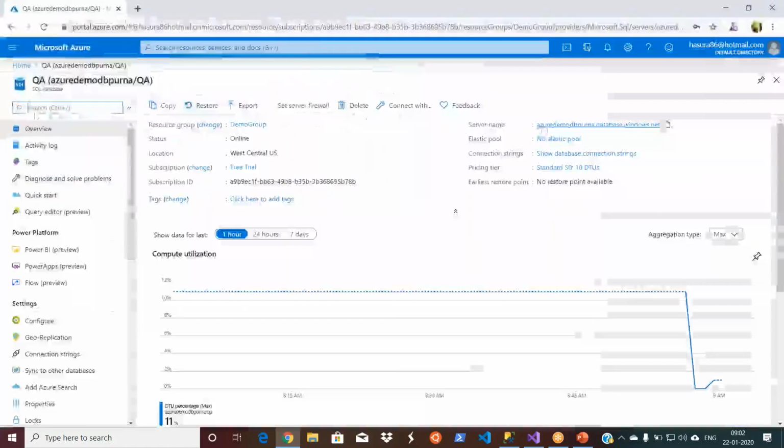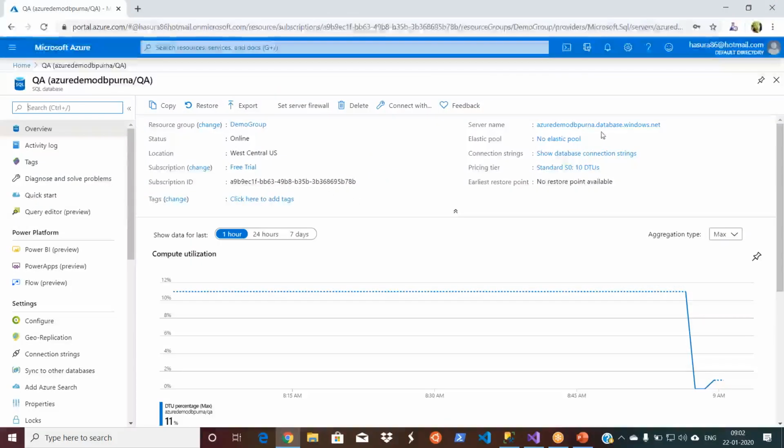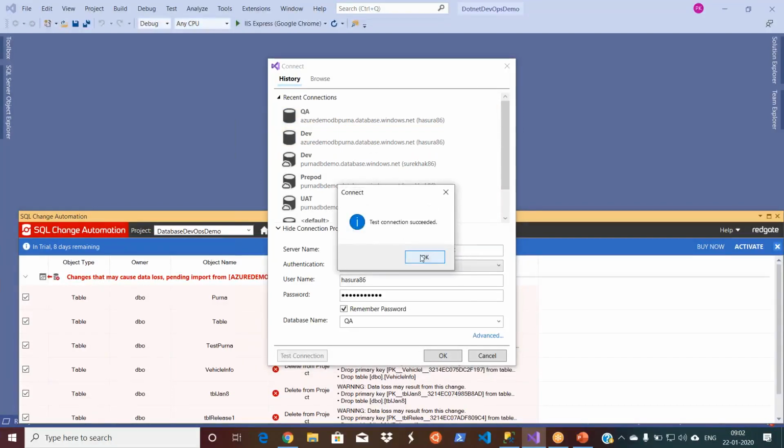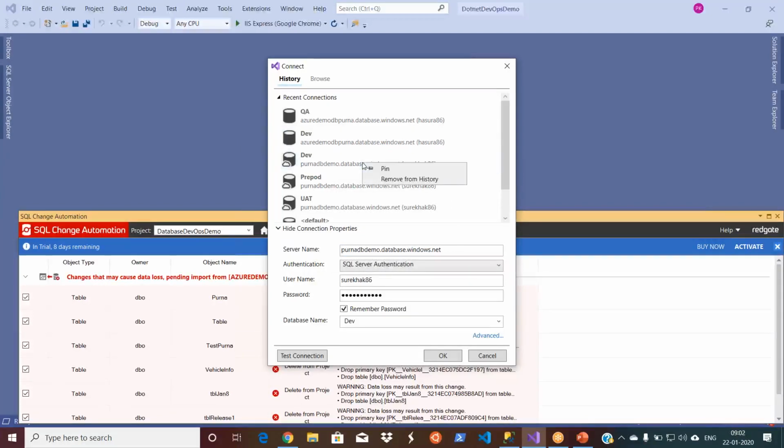This is Azure Demo DB Purna. Okay. Azure Demo DB Purna. This is right. And then this is a dev. Fine. And then Azure Demo DB Purna. Okay. Right. Let me remove the other things.